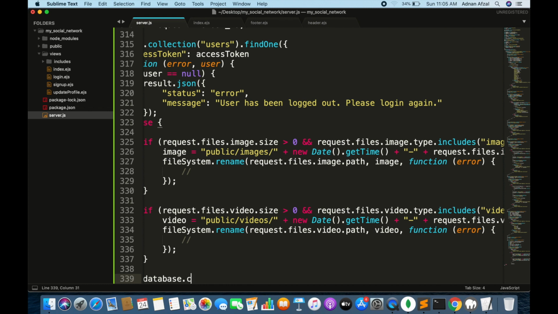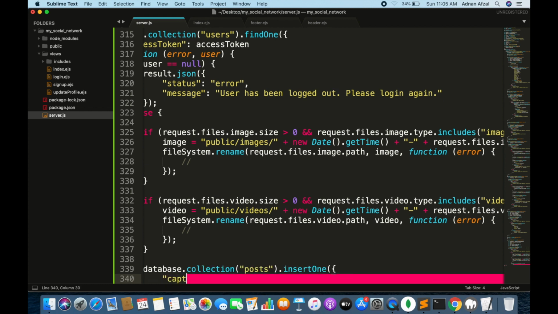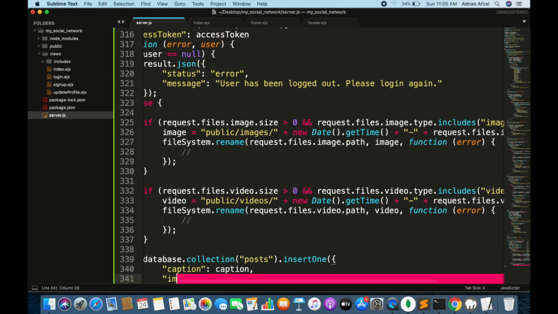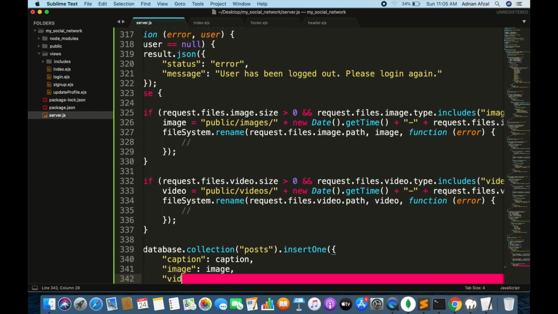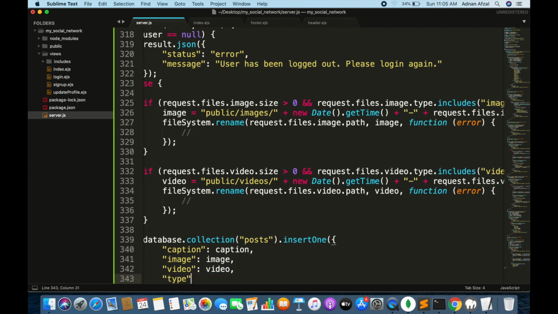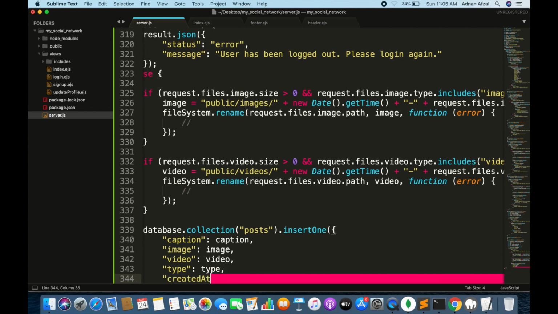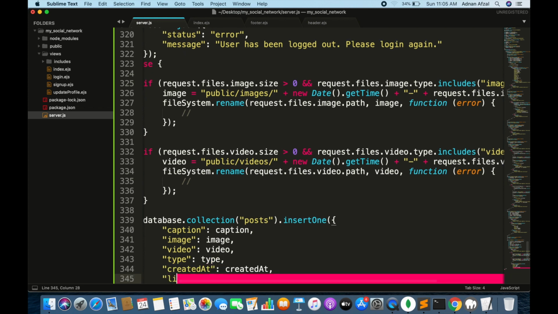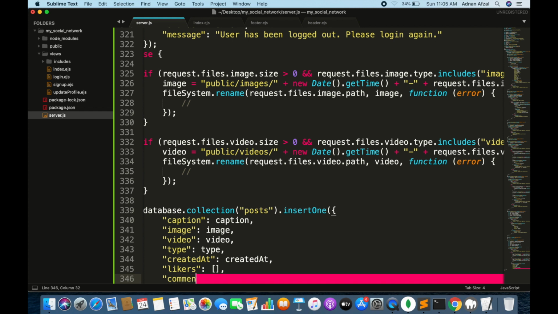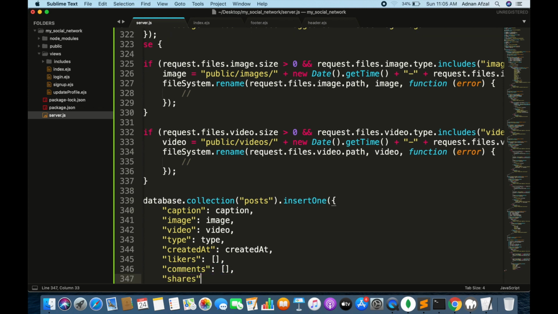Then we are simply inserting a new document in the post collection. We have caption, image, video, type, created at, people who have liked this post, people who have commented, and people who have shared this post.